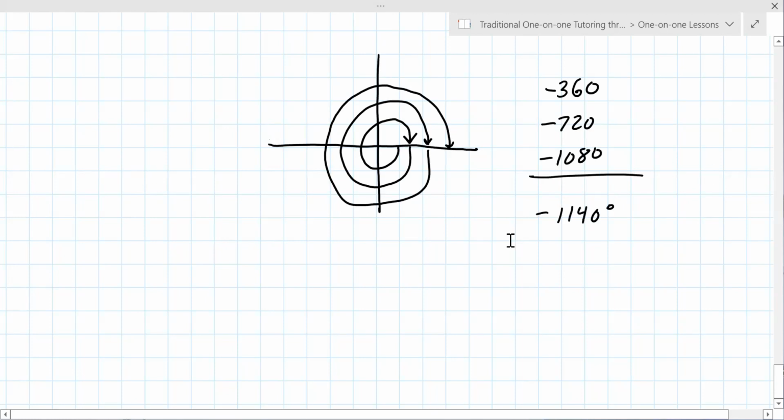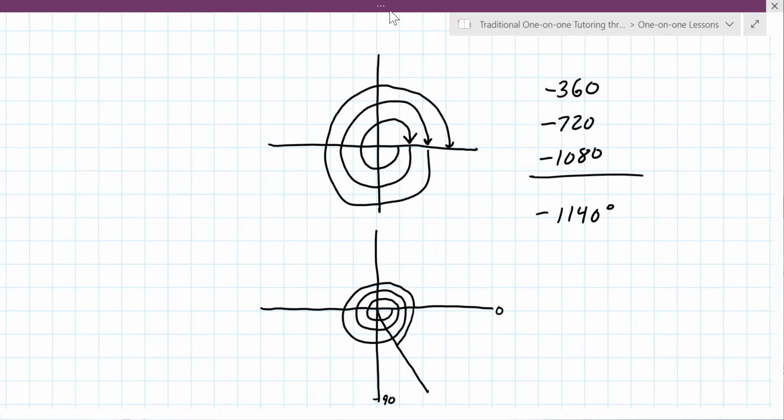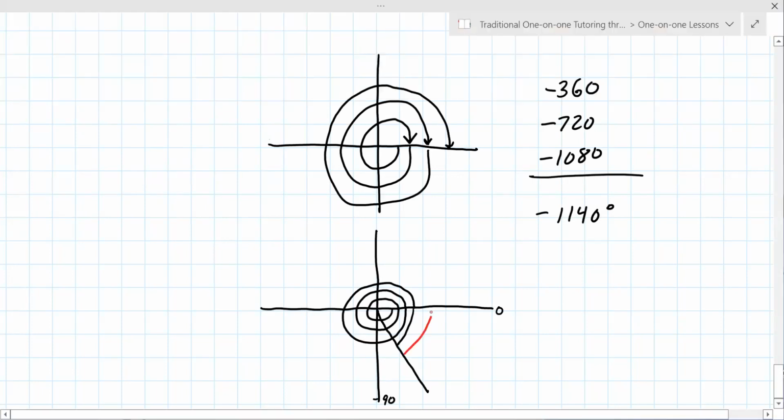Okay, so let's keep that in mind as I draw the next one here. What you do is you're supposed to already know that that's 3 revolutions. So you say, okay, 1, 2, 3. Now how much more than 1080 is this angle? 60. So this is 0 and this is now like 90 because you're going backwards. So it's like right there, 2/3 of the way through. Do you see that? Yeah. So what is it now in terms of the reference angle? Well, you got to go back to the x-axis. So that's 60